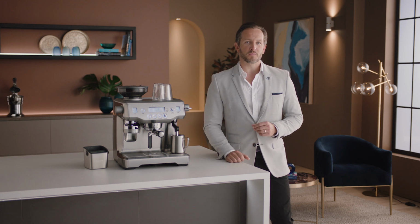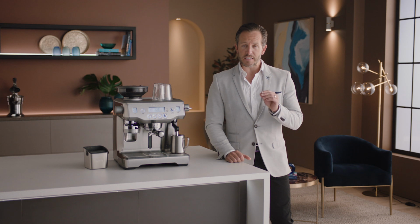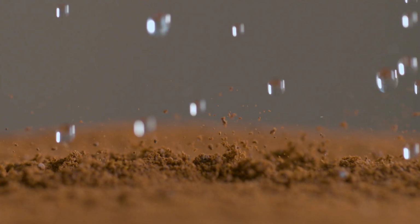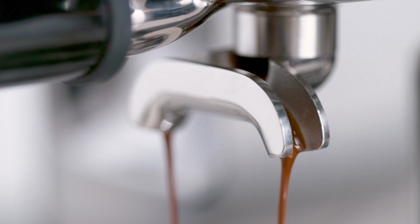Key number 2, sweet, delicious, and nuanced flavor notes begin with precise digital control over water temperature at 200 degrees Fahrenheit for a perfectly balanced taste. And key number 3 starts with low-pressure pre-infusion, followed by a high-pressure 9-bar extraction process delivered via our 15-bar Italian